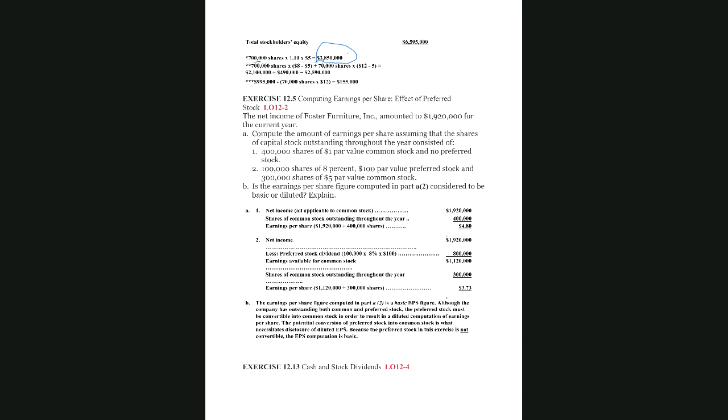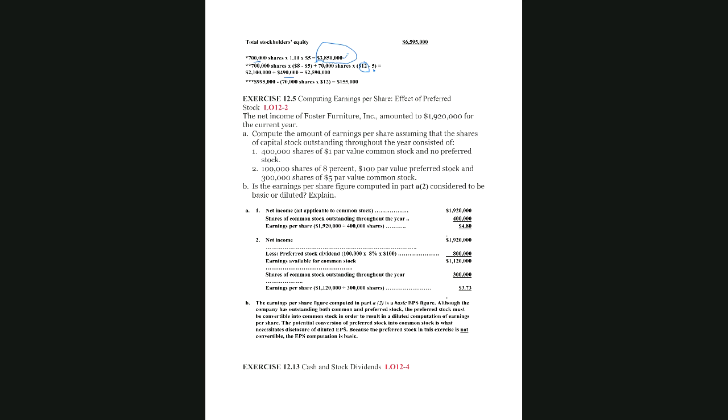Now, when the corporation issued an additional 70,000 shares with the stock dividend, since it was a small stock dividend, we had to capitalize the market value. Remember, the $5 par was already credited to the common stock account. So only the difference, the $12 minus the par value, is going to be the 70,000 shares times the $7. That equals this